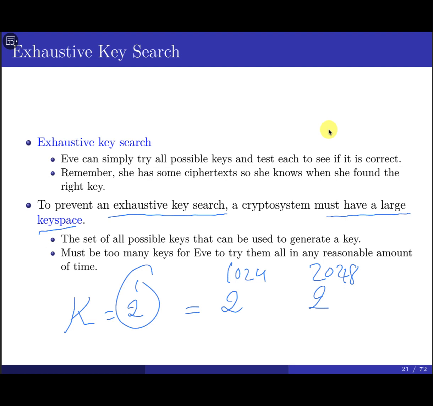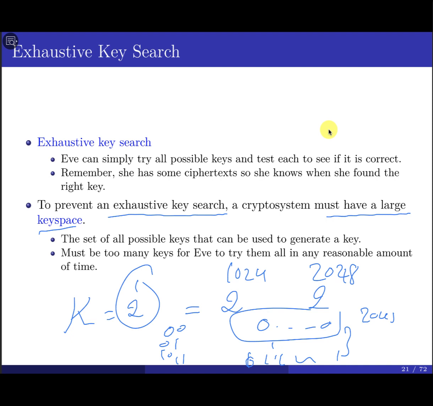So see how many possible keys you can have. It makes it harder for the bad guy to try every possible key. That's what you call the key space, the set of all possible keys that can be used to perform the encryption or decryption. Again, instead of 00, 01, 10, 11, I'm going to have 2048 zeros up to 2048 ones, and you see how many you have: 2 to the power of something.